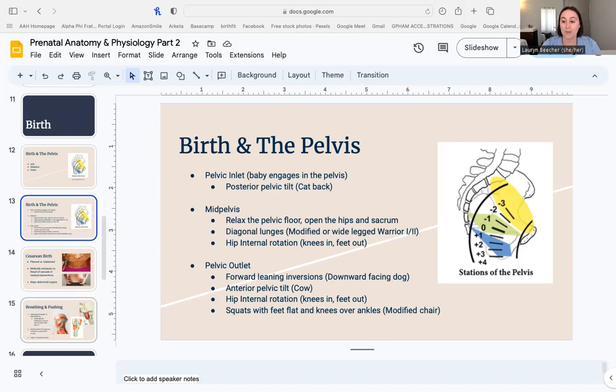So, again, with that rocking, with cat-cow, with child's pose, can I notice what I feel in that sit bone, butt bone area, so that when it's time to push, I feel confident that the outlet is open, the pelvic floor is relaxed, and that baby is able to enter the world. Little things for standing and opening the outlet can be something like a squat, allowing the knees to come forward over the ankles. Think of a modified chair. You are, again, opening those sit bones, opening that outlet.